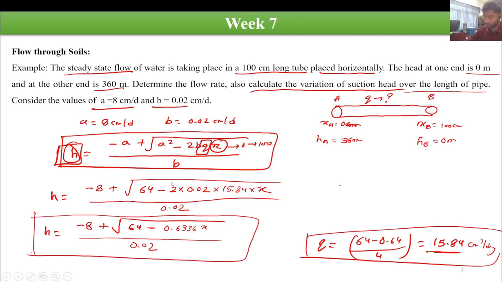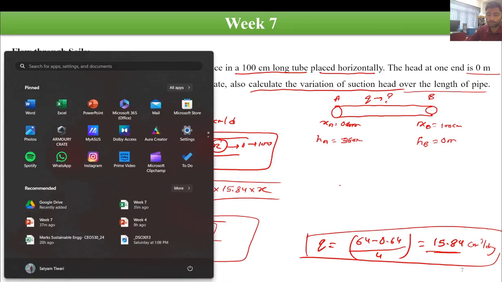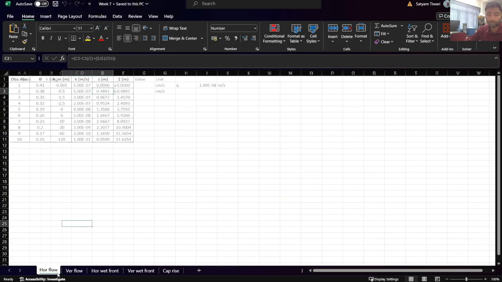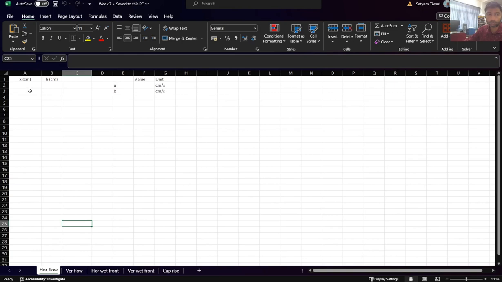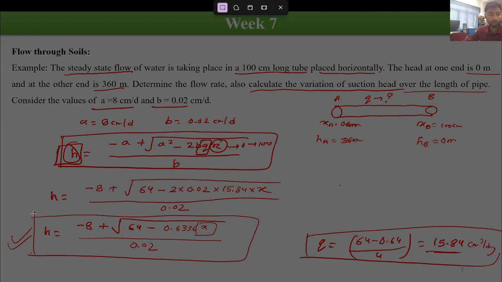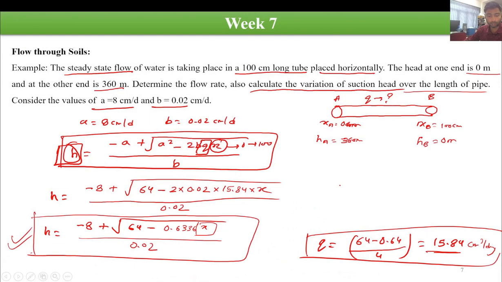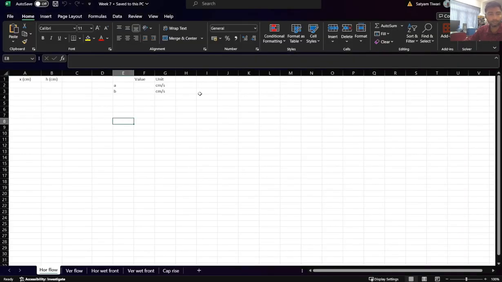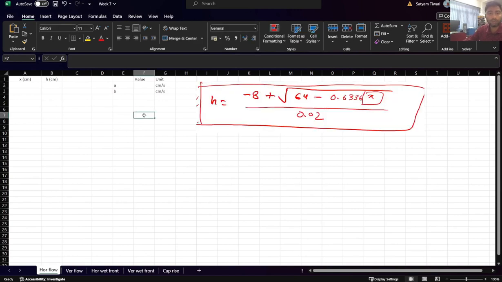So now we know this formulation, and based on it, we can say that the value of h will vary based on the value of x depending on this expression. So we'll use this expression in our Excel sheet and calculate the variation in the head values. Fine. So let me just take what are the values. Okay, so this is the formulation which we have observed, and we'll determine the variation in head based on